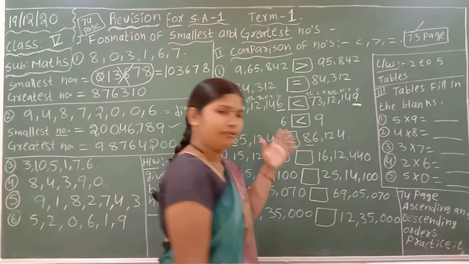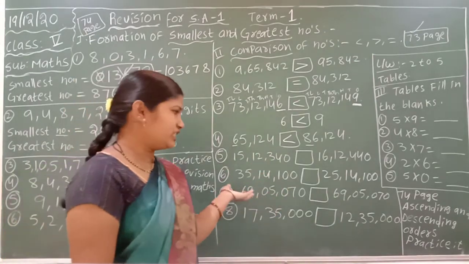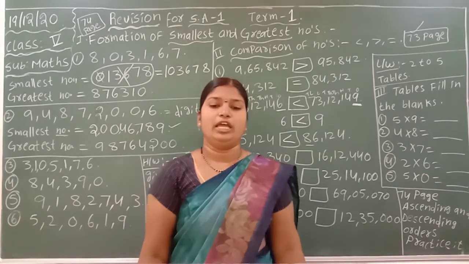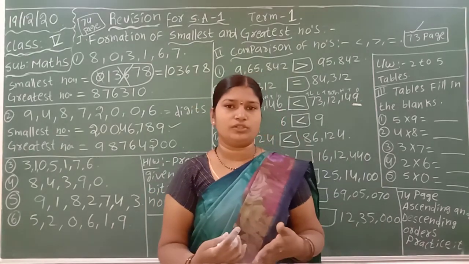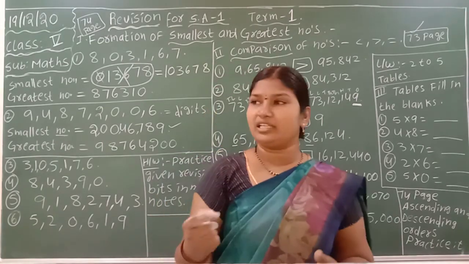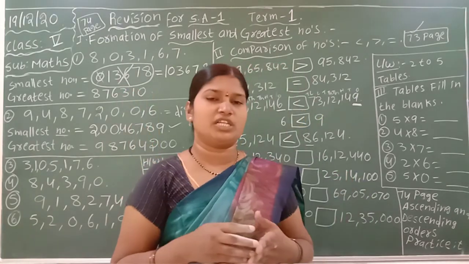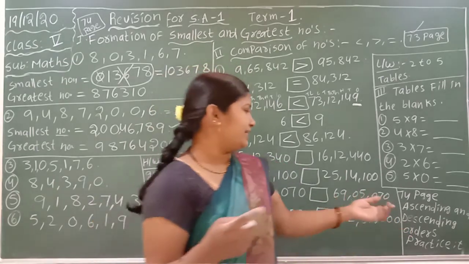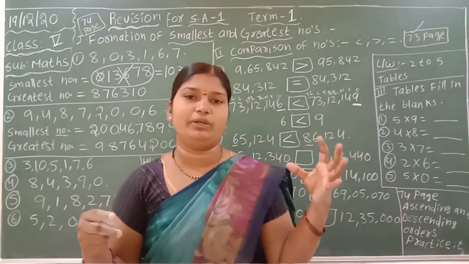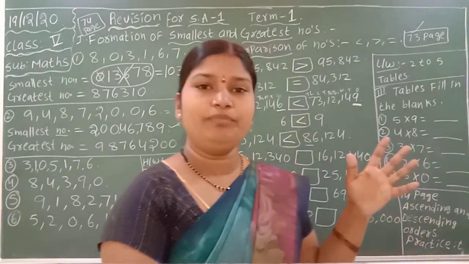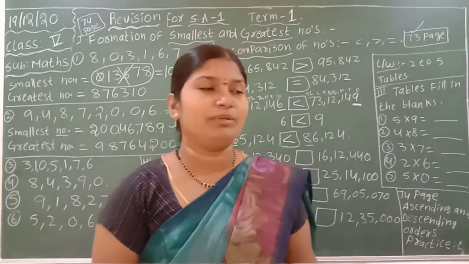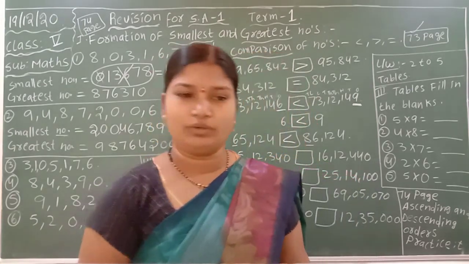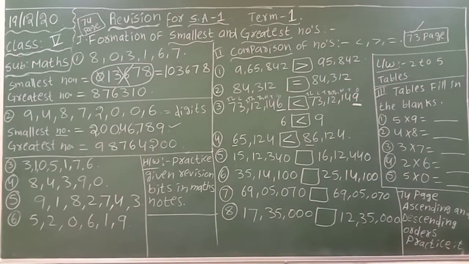After this, do you have time? Do you have exercises? You have to practice ascending and descending orders also. If you want, you can make your own questions and practice, but compulsorily write down the date. For this revision also I am going to give 20 marks. If you are not ready, it is your wish. At least for ascending order and descending order, each and every bit, keep 5 questions. And read the tables compulsorily. I am giving fill in the blanks in the middle like that. You have to finish all those tables. This is your homework today. Thank you. Maintain the book neatly.